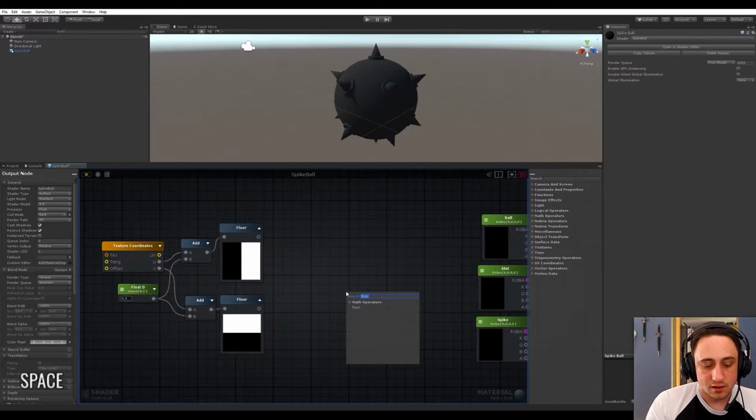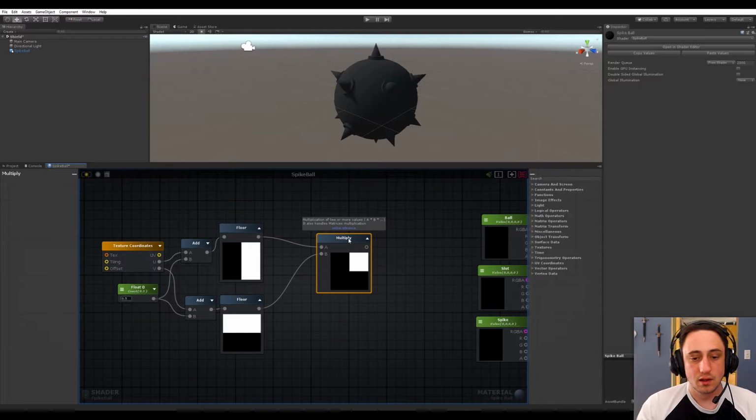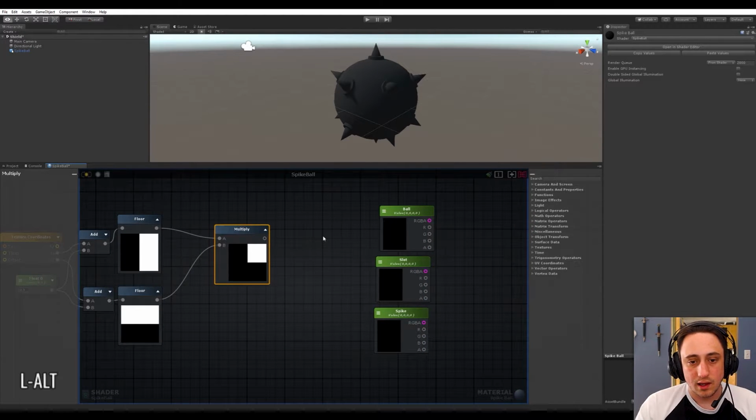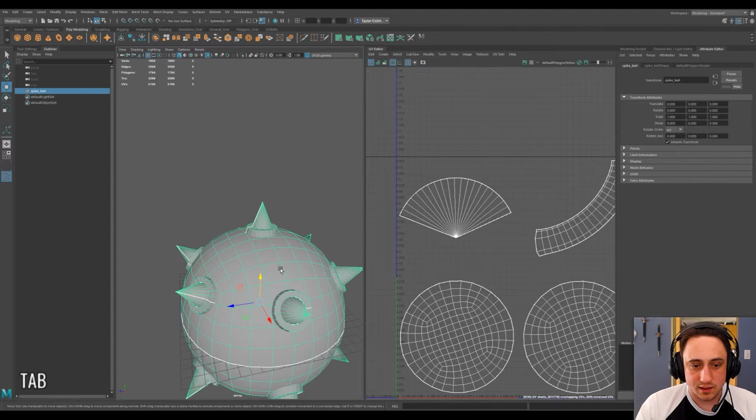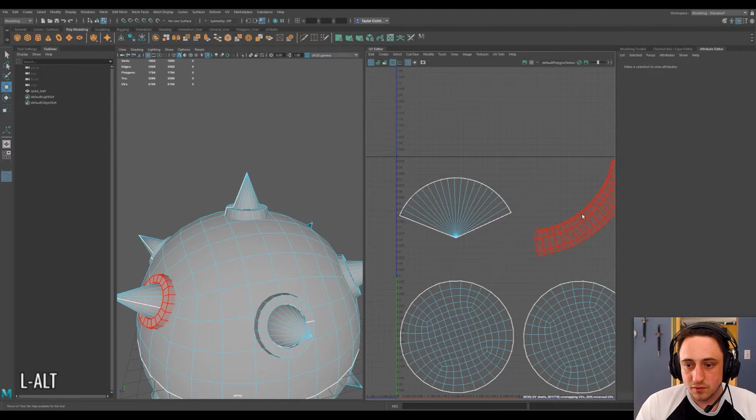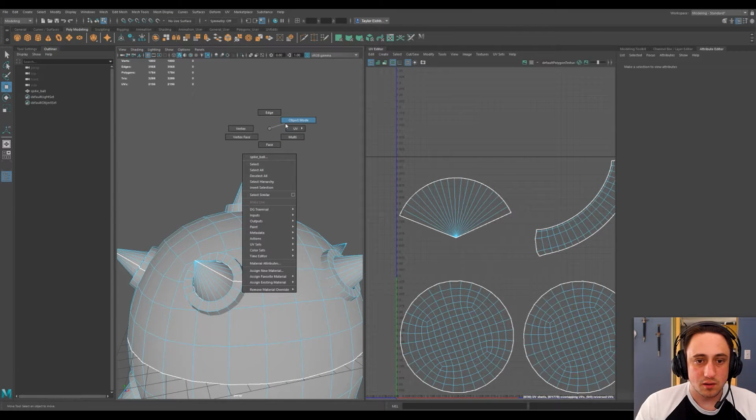It's pretty simple. So now what we can do is multiply this by this, and we're going to get the top right. The top right is going to be the only thing that's visible. And in our top right is the slot, right? Because this is kind of the, I'll show you, UV shell. This is the UV shell that goes right around here. So